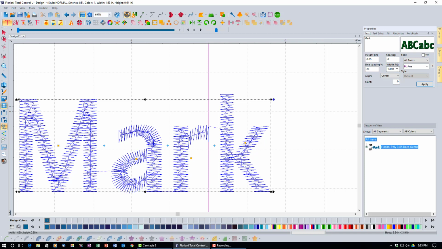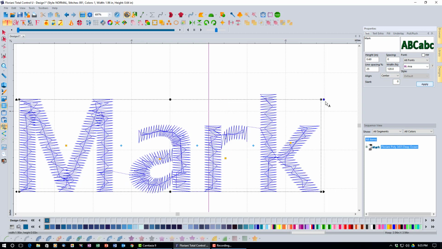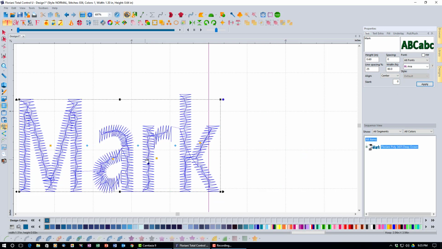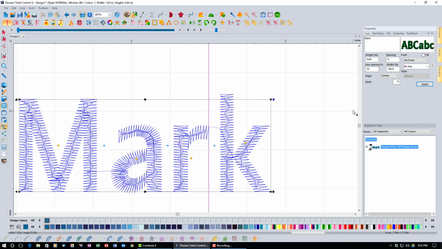So watch, for example, what happens if I put in 120% and click apply. The height is going to stay the same, but the characters get stretched out a little bit. All right. Similarly, if I were to go to 80% of the height, then they would get apparently taller, but they're just actually skinnier. They really didn't change their height. So I'm going to go back to 100% and click apply, because I want to talk to you now